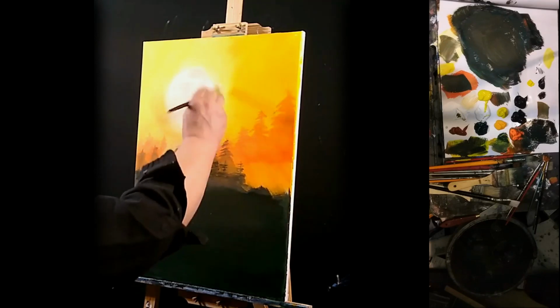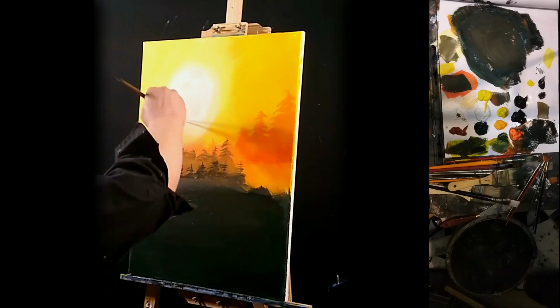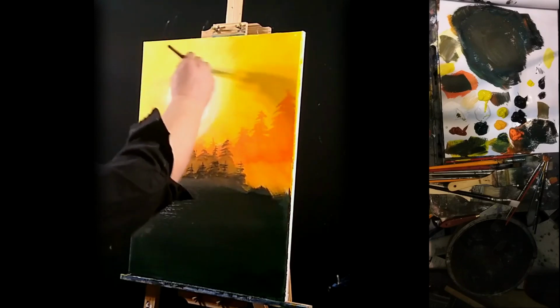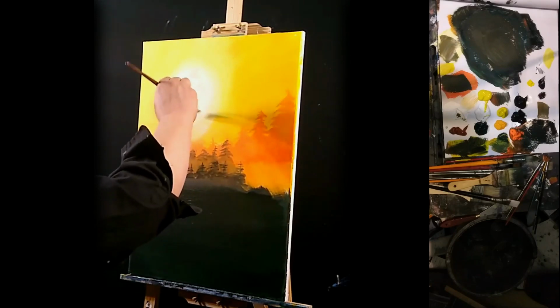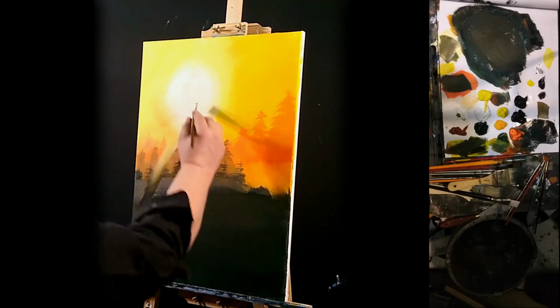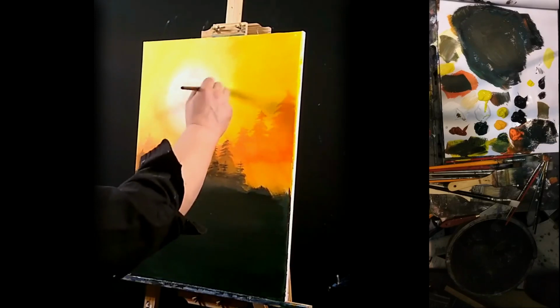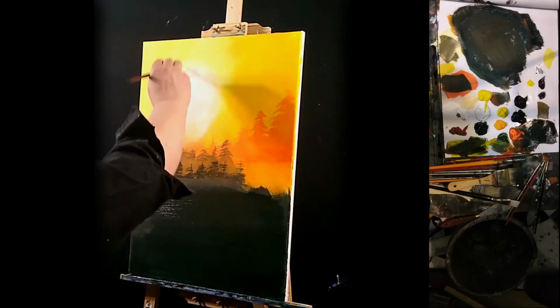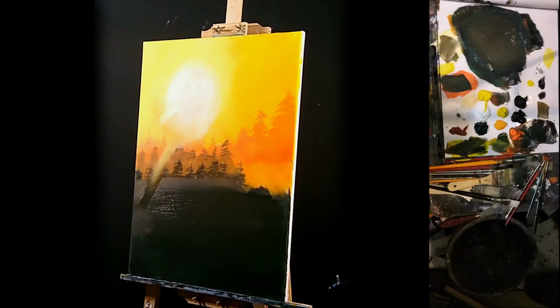And then let the middle dry, but go ahead, go along the edge and smooth it out some. Pull in a little bit and pull out a little bit. Blend those edges. Okay, I think